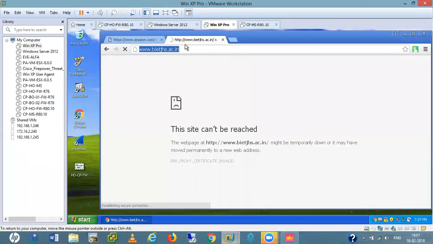If I again try to free proxy, what is this?